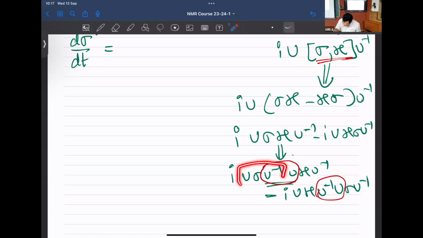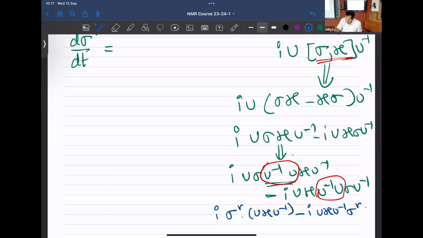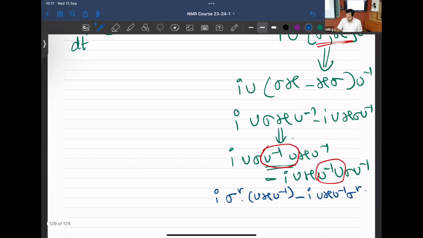This ends up transforming this part to be sigma R. So let's write that. I sigma R times u Hamiltonian u inverse minus i u Hamiltonian u inverse sigma R. Okay? Therefore, you end up still taking the I out. You carefully observe it's sigma R comma